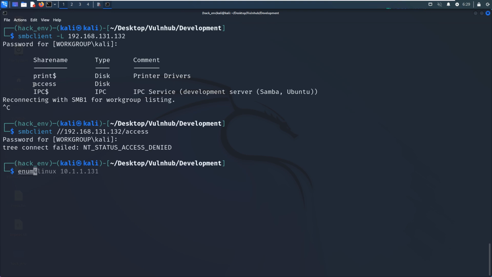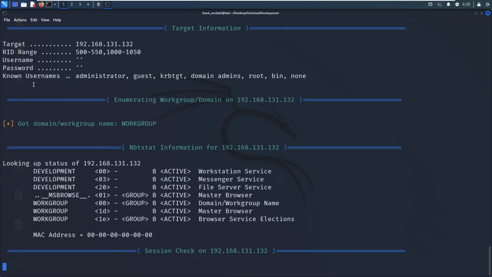Next, we can use enum4linux to enumerate more Samba service-related information, including the share information of the target machine.